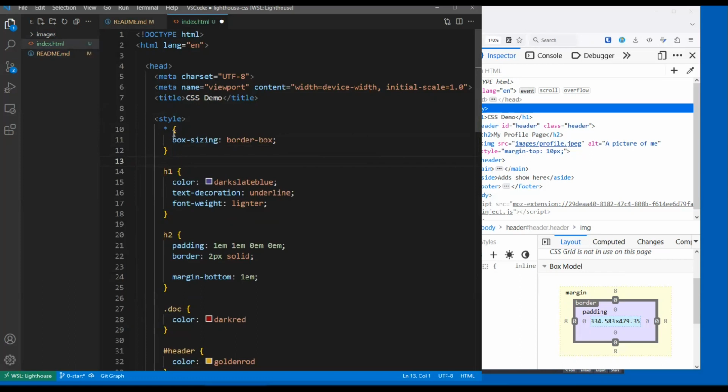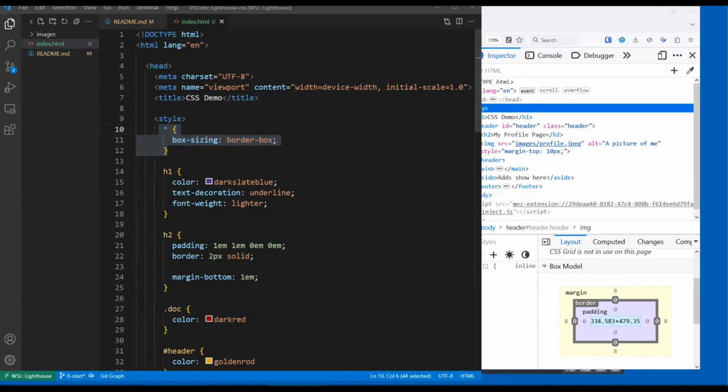And I say wildcard for everything. I want everything to use box sizing, use border box. That's it. It's a very simple thing, but you'll find this makes our life easier for positioning things and lining boxes up. Because if you have one box that has a certain height and you want that box to align with another box, well, if you're